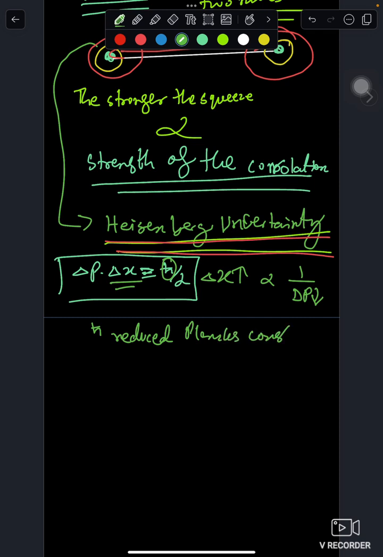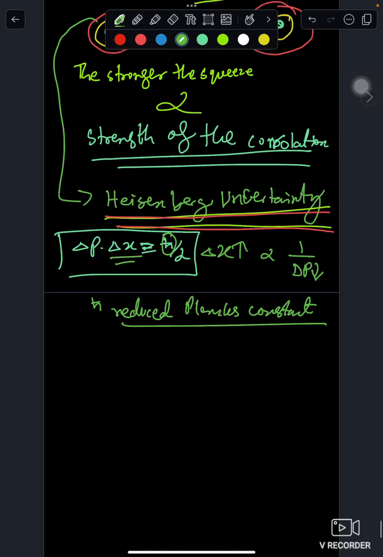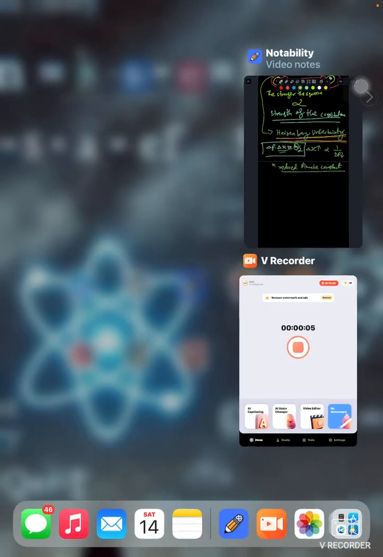Planck's constant. H bar is made from h. It is h over 2 pi, if I'm right, something like that. Okay, so if I want to write the correlation between these two,